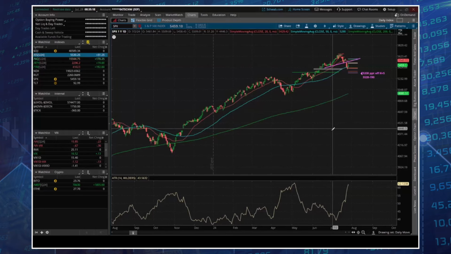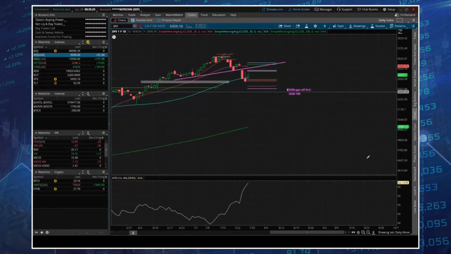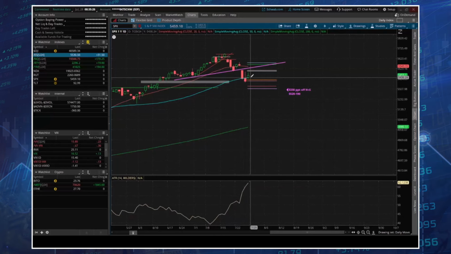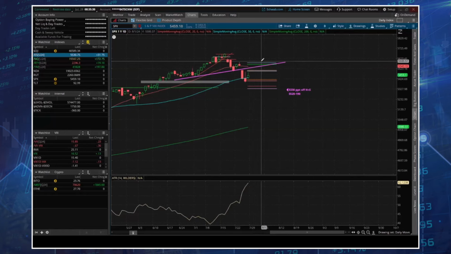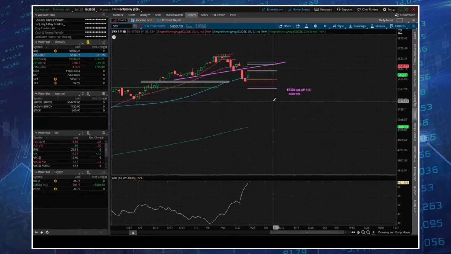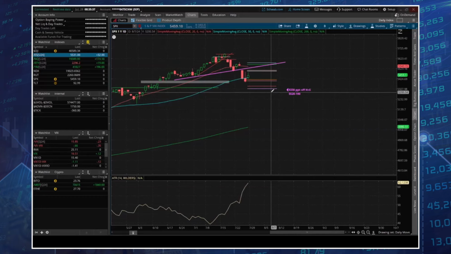For those of you who are new, one of the things that I attempt to do every week is take a look at what the implied volatility, implied moves are for the Monday and for the following week. And this is where they come out. We like to compare those to where our technical levels are to see where they make sense.